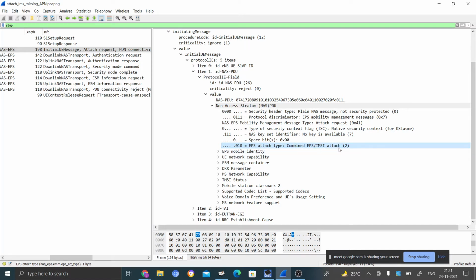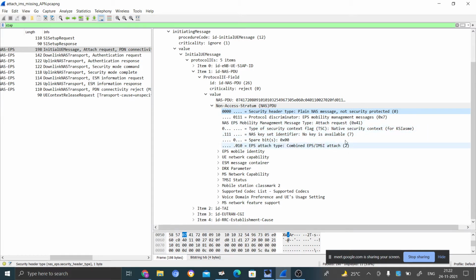This mobile is telling that it can support both EPS services, data services, as well as voice services. And what is this message header? You can see it is a plain NAS message, not protected with security, because till now we have not seen the security. This message goes as a plain message.